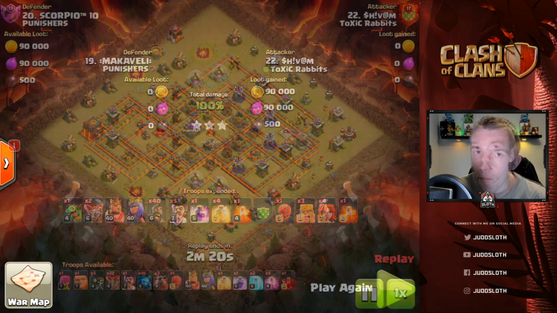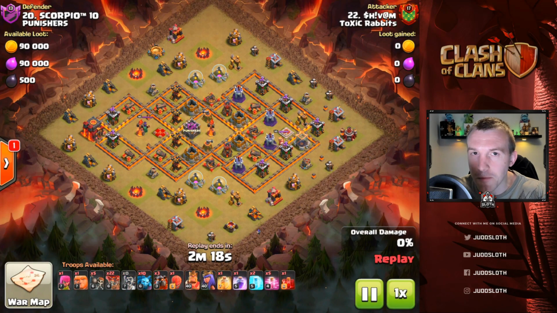Let's move to a different variation of the LavaLoon to give you the best possible chance of getting yourself a 3-star. We have Shivam getting a 6-pack in this war,